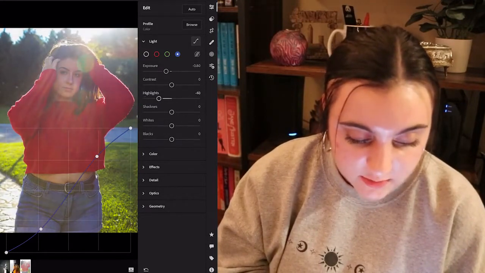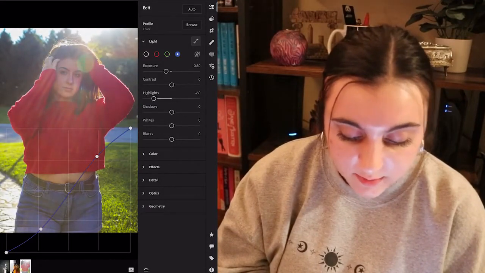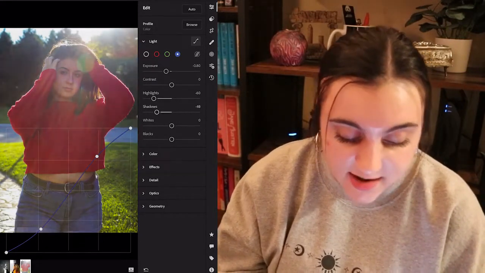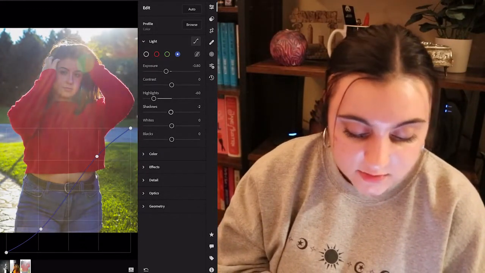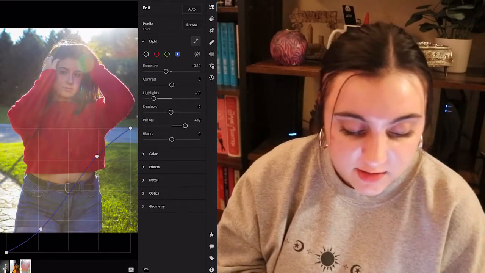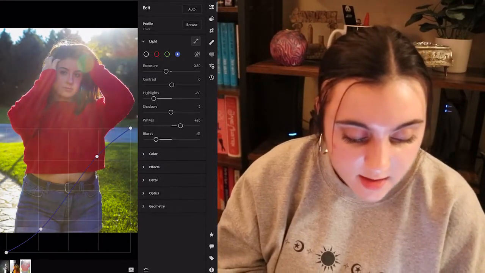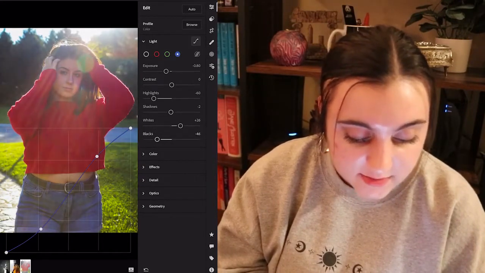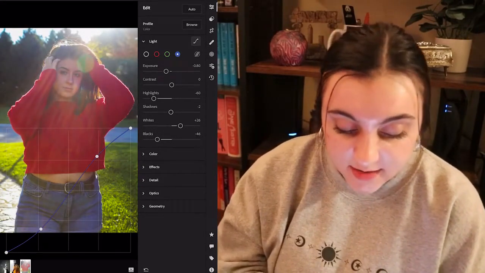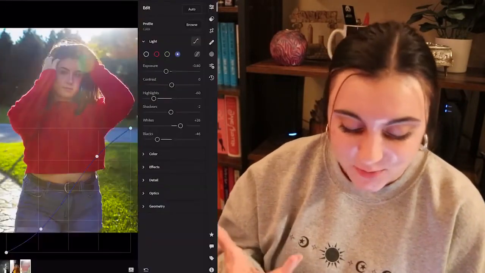I do like to play around with highlights. You don't want to bring it down all the way, but somewhere around 60 is usually fine. Shadows, maybe around there. Don't need to touch that too much. Whites, I do want to make the picture a little brighter, so somewhere around there. And then blacks. As you can see, this is a pretty intense difference already, but it's still not looking like a good edited picture, so